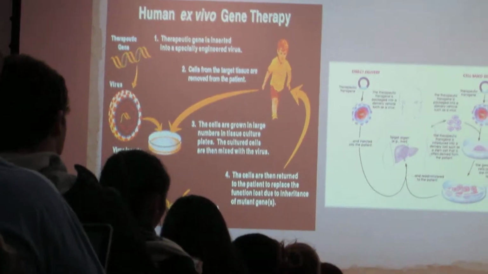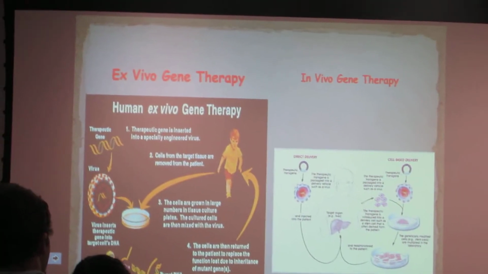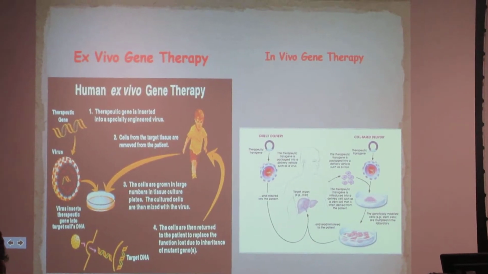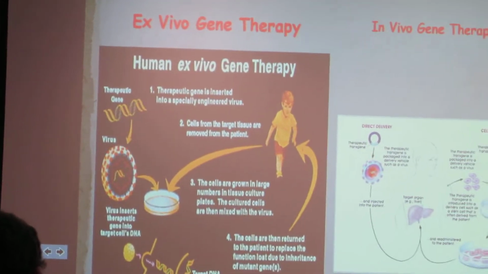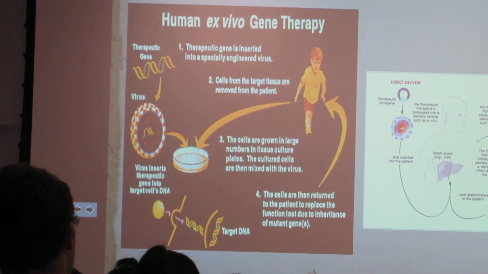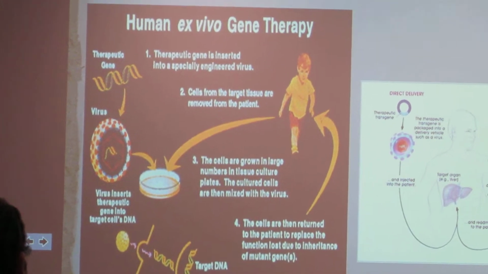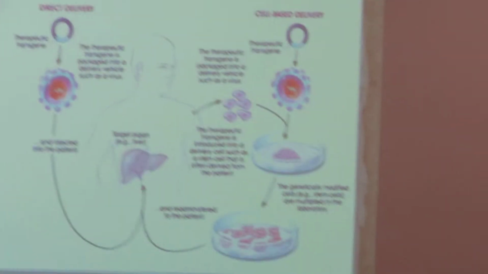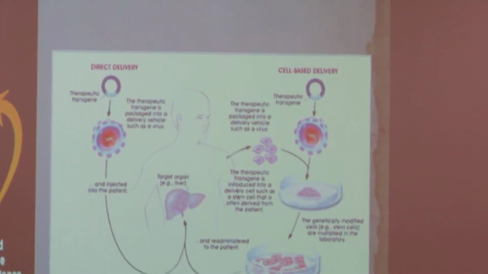Okay, these are two types of ways of getting the viral vector. There's ex vivo and in vivo. Just think ex vivo, outside in a cell culture first. In vivo, you're inserting it directly into the human. The ex vivo, they create the gene, they put it into a petri dish, and they take out a cell from the human. They incorporate the virus into their cell outside the body, and then incorporate the new one into their body